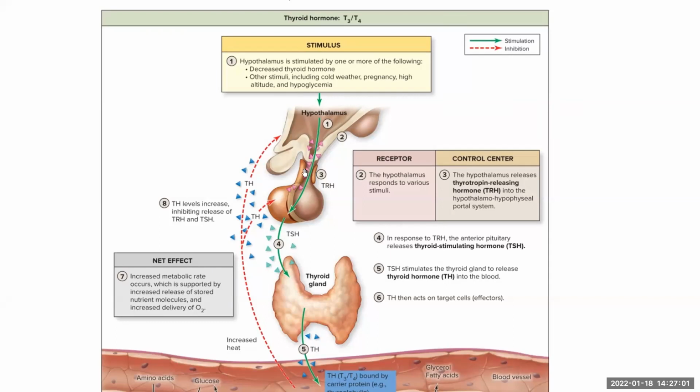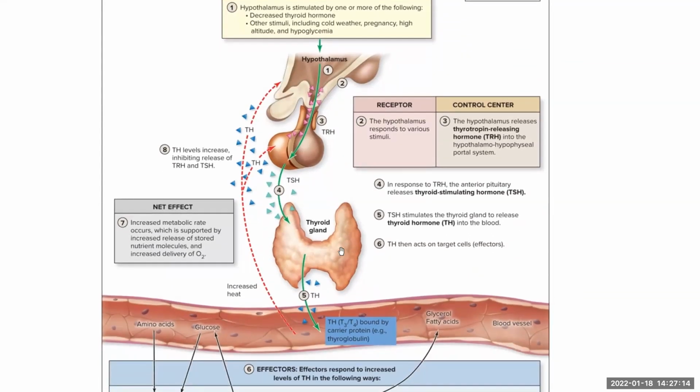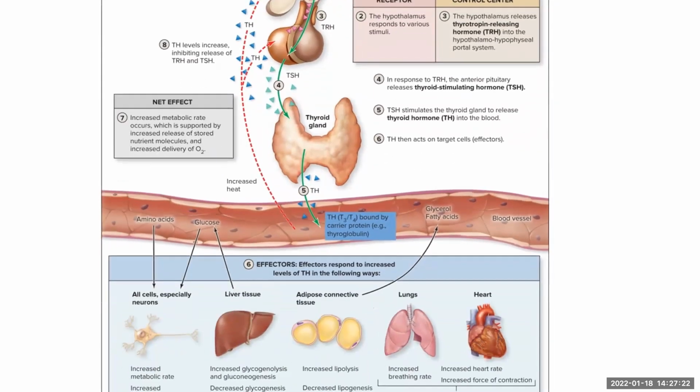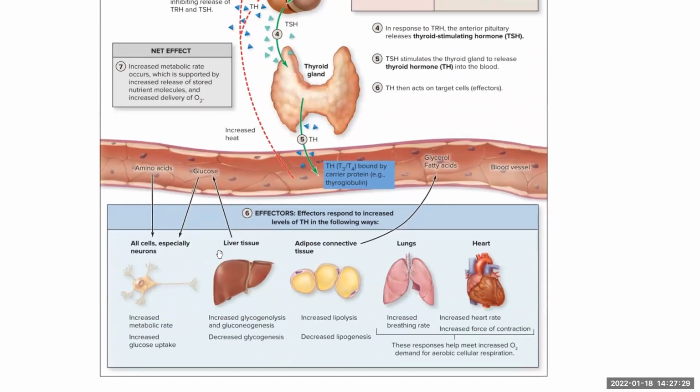Don't forget about the hypothalamo-hypophyseal portal system. And so it's going to send TRH to the anterior pituitary, and that's going to stimulate the anterior pituitary to release thyroid stimulating hormone. That's going to go to the thyroid gland and then cause the release of thyroid hormone into circulation, either T3 or T4, which is going to be bound to the carrier protein and circulate throughout the body and head out to all these various effectors